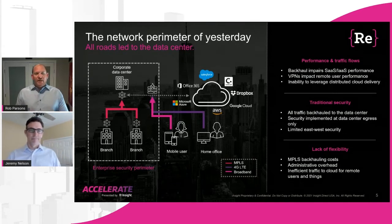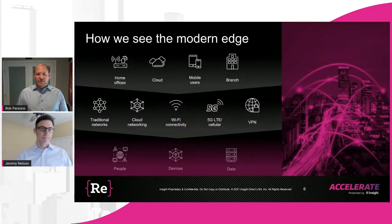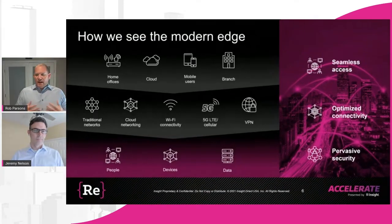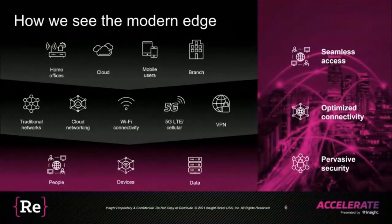So, I want to take us into how we see the modern edge. This is ultimately Insight's view of it. What we see with the modern edge is really the connected home offices, the connected clouds, and the mobile users in the branch, all connecting across any means of networking. So traditional networking through cloud, through Wi-Fi into the cellular and 5G areas, and then ultimately across VPN as well,